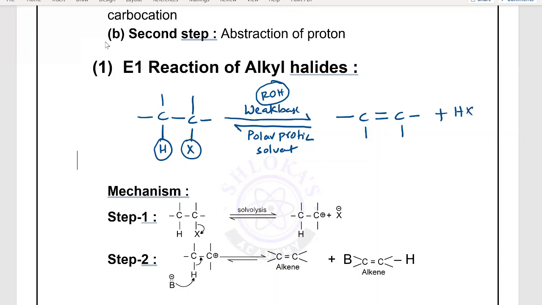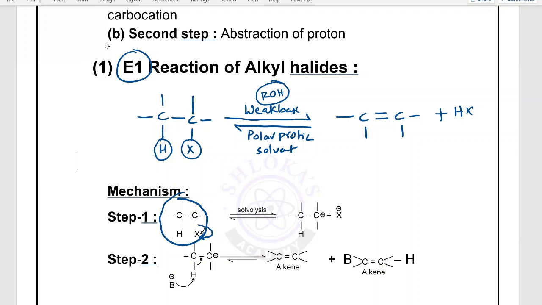What is the mechanism involved in this reaction, and why could it be an E1 reaction? All these things we are going to discuss. First, I am taking this one. This is our substrate. In the first step, if you observe this substrate, out of all the sigma bonds we have, the most polar bond is the carbon-halogen bond. Between carbon and halogen, halogen has more electronegativity. So electrons will be taken up by this halogen and it leaves as X minus.